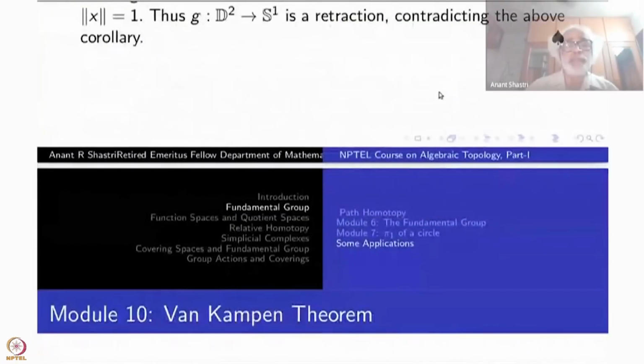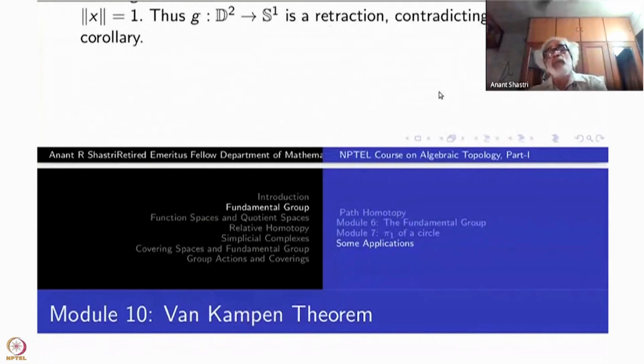Next time, we will prove another method to compute the fundamental groups. Both these methods will later be strengthened far beyond what you see in the beginning of the course. So next time we will prove what is called the Seifert-van Kampen theorem, a very simple starting version of that. There are many other versions later on.